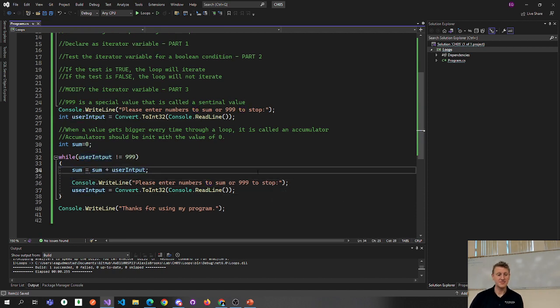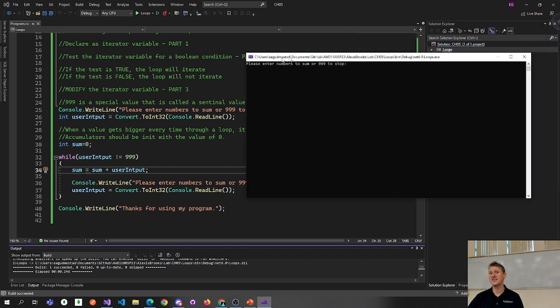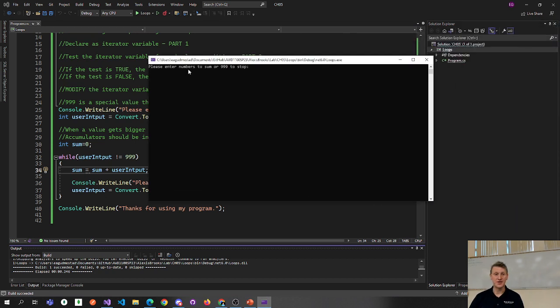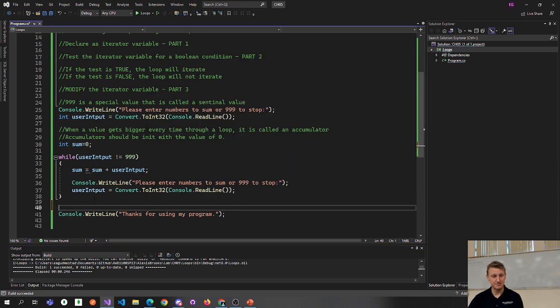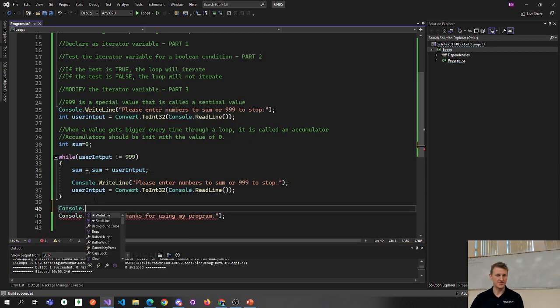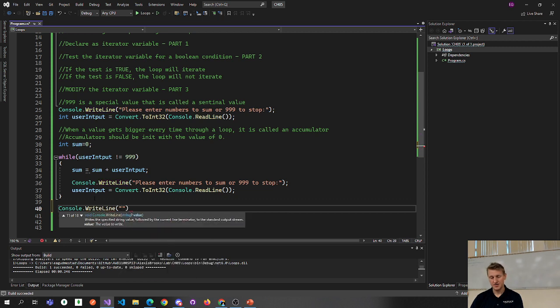So let's see how this works. Again, this is going to help you out with your lab. So if I say 1, 2, and 3, 999 to stop, thanks for using my program. Of course, what I should also do is display the sum. Console.WriteLine, the sum of the numbers is